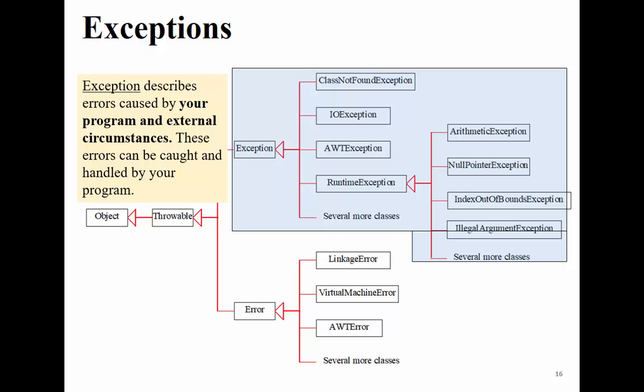And you can see there are a lot of categories here. They have ClassNotFoundException, where you try to define an object of a class that does not exist, for example. There is an IOException. The naming is meaningful, okay? And you have a RuntimeException that occurs at runtime, and there are other subclasses of RuntimeException too.